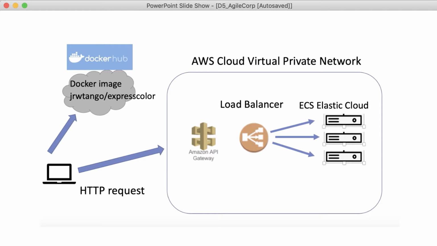So in this exercise, we're going to create a Docker image for an Express web server that's running on Node.js, and we're going to store that image in DockerHub. Then we're going to deploy that image from DockerHub to AWS ECS, the Elastic Cloud, and we're going to front it with an API gateway so that we can hit it, and we're going to have a load balancer that'll load balance across 3 machines in this case,